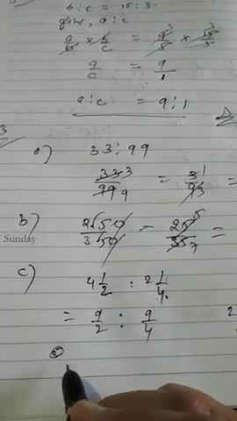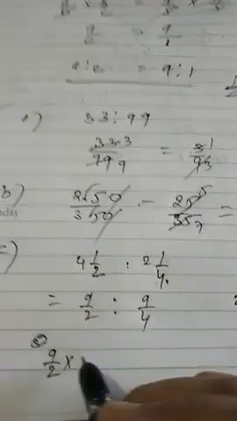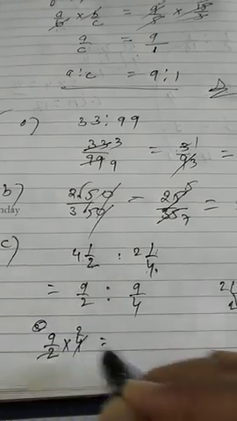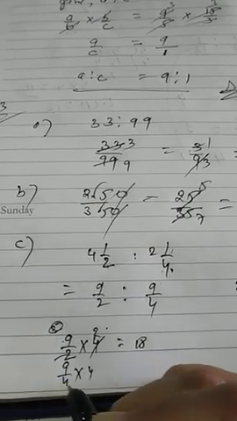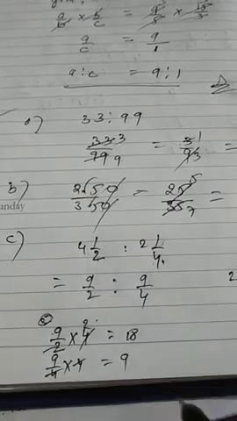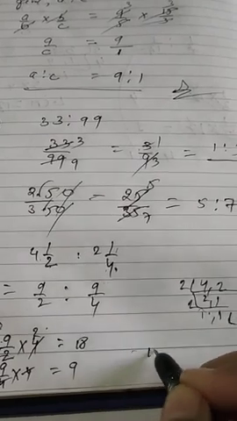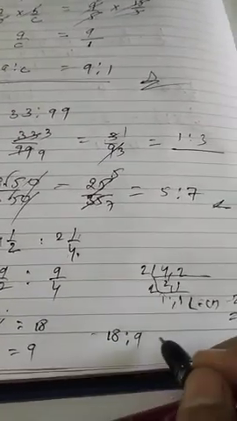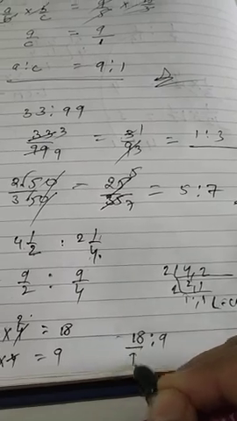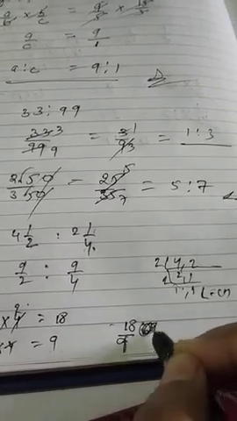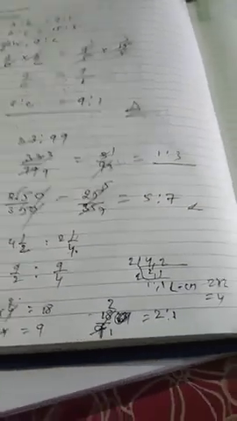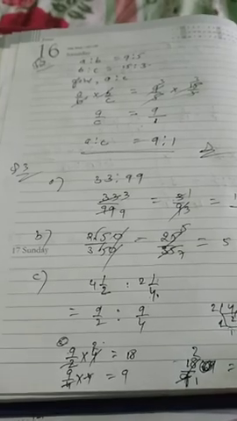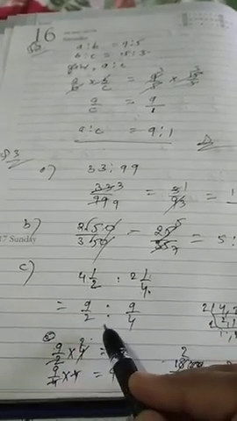Got it? So as I have told you, you have to multiply the antecedent by the LCM. 2 4s are 8, we will get 9 2s are 18. And this 9 by 4 also multiply by the LCM. 4 4s will get cancelled. We will get here 9 only. So what will be its ratio? 18 is to 9. Or you can write 18 by 9. First of all write 18 by 9 so that we can make it simplest. 9 1s are 9, 9 2s are 18. 2 is to 1 is the simplest form of this ratio. So whenever it is given in this form, you need to change this into simplest form by taking the LCM of the denominator. Don't forget it.